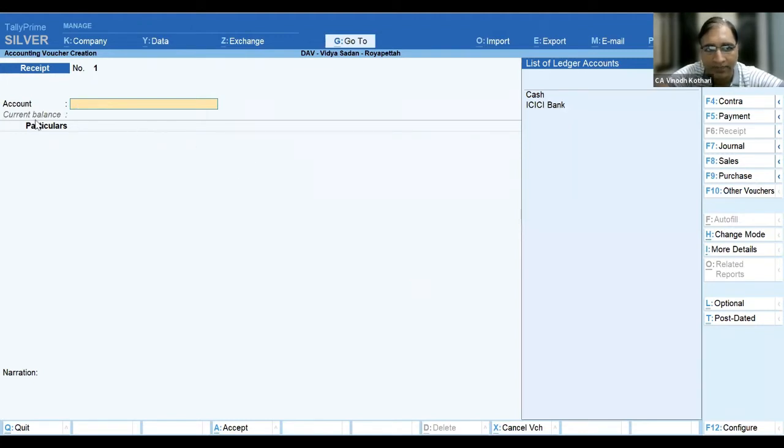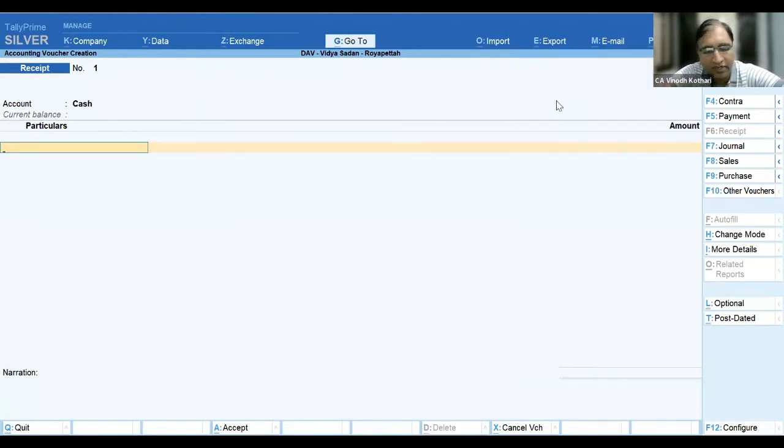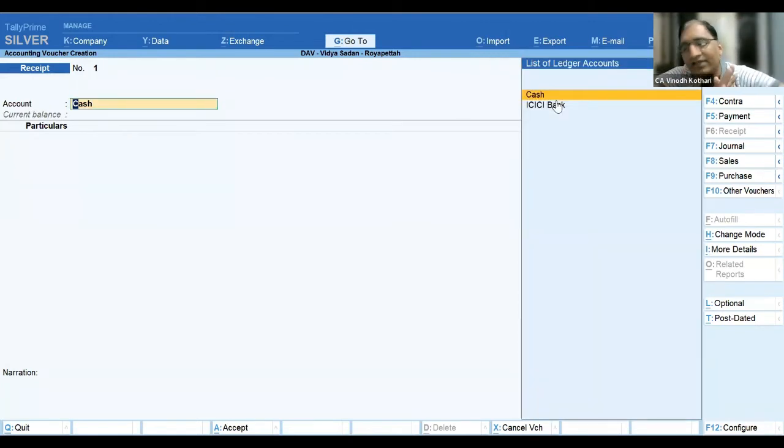Here you can see the account. What account is it showing? It is showing only cash or bank. It is not showing all the other ledgers. So no need to worry about what to debit, what to credit. Just select whether it is a cash entry or bank entry. What is the first step? I said first step, identify the transaction. We have identified, say, it is a receipt. Second step,